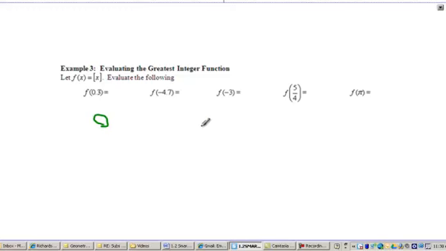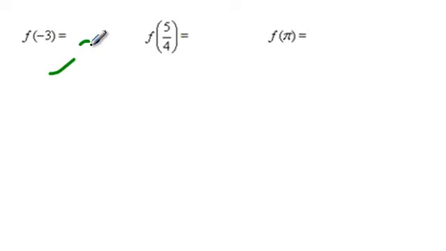Negative 4.7. Okay. First thing people think is, oh, it's negative 4. Well, actually, negative 4 is greater than negative 4.7. So think of a number line. What is less than negative 4.7 is negative 5. Negative 3, well, that is an integer, so the answer is negative 3. 5/4 is really like 1.25, so that is 1. And then f of pi, we all know pi is 3.14, and so on and so forth. So the greatest integer less than pi